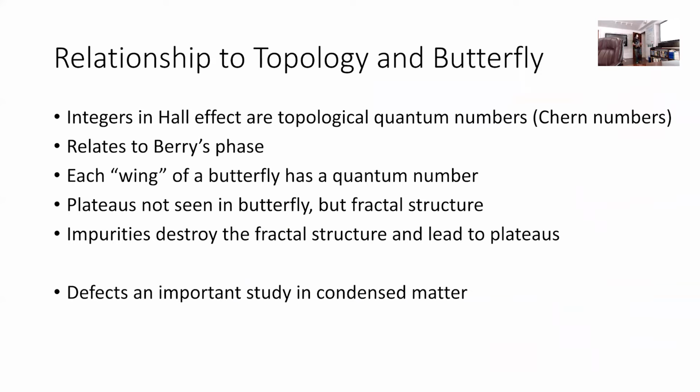So there's integers found that are quantum numbers in the butterfly as well, which I'm not going to go into detail, but I want to just mention this. So basically, each wing has a quantum number associated with it. And those are going to relate to some of the topological quantum numbers associated with this system. And I briefly just want to mention that. So we can think about this butterfly and, okay, why did I just introduce all this quantum Hall effect? How does that relate to the butterfly? And what actually ends up happening is the